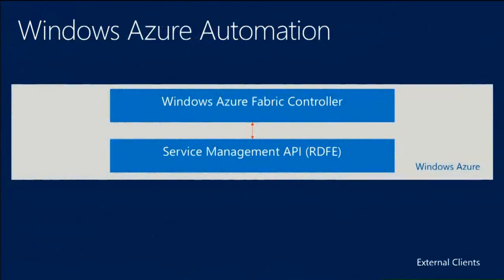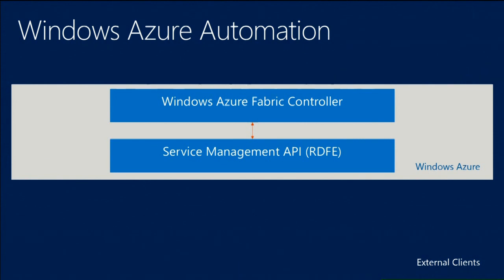So from the Windows Azure automation perspective, there are two key pieces that you might care about, but maybe not. The Windows Azure Fabric Controller is the guts of the automation piece. Again, go to Mark Russinovich's talk if you want to know details about how it works. But basically, it's the piece that spins up all the stuff in the data center, spins it up, gets rid of it, and does all the magic behind the scenes that you don't have to do anymore in cloud data centers. The Service Management API is what